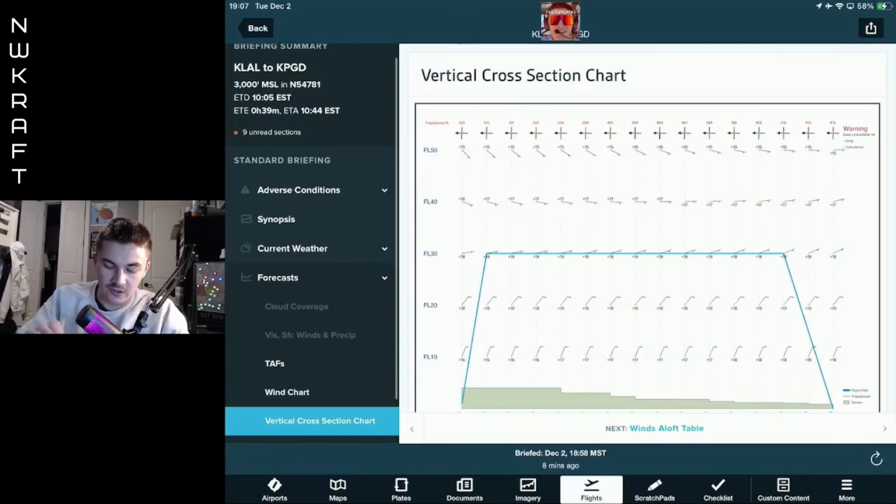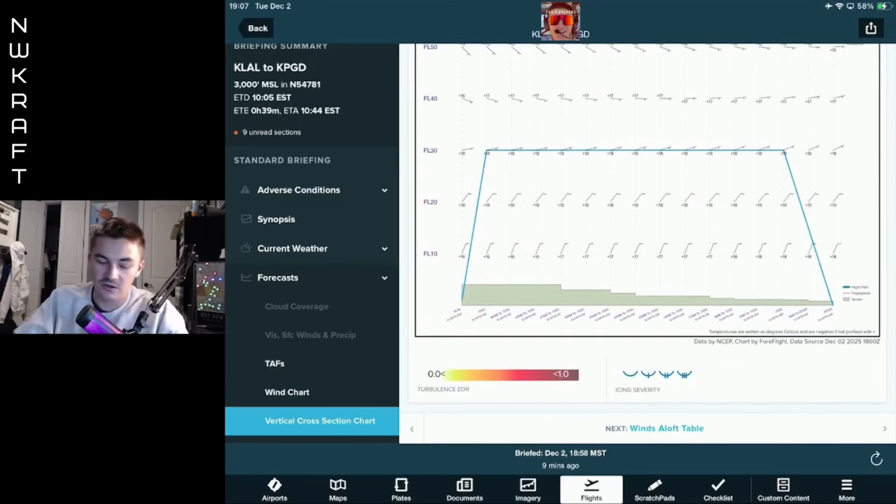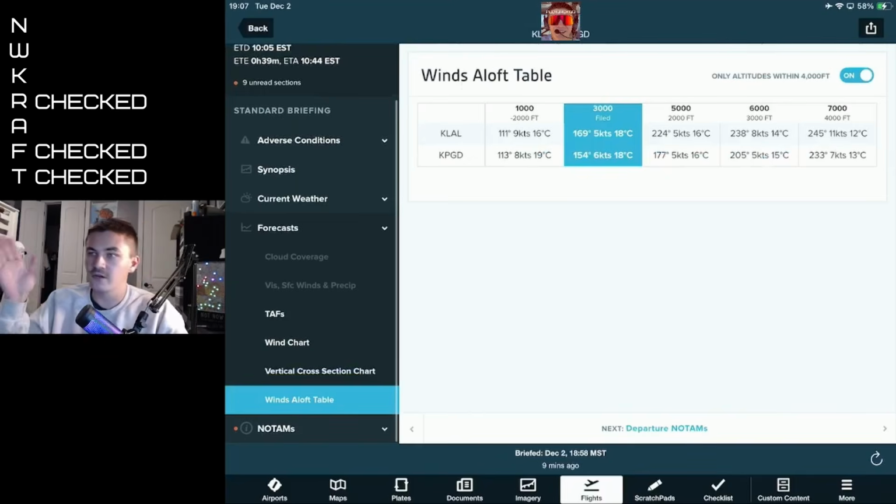And you'll see that with the vertical cross-section chart here as well. You can see plus 18 degrees, Celsius. And you got the wind barb. It's 5 knots of wind. So nothing too crazy. And to confirm that, you have the winds and temps aloft tab where you can see